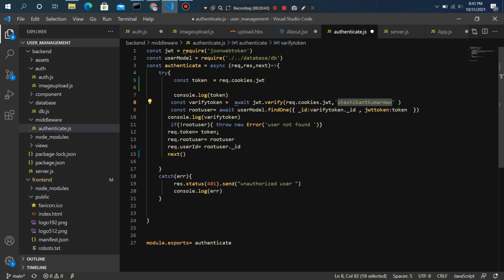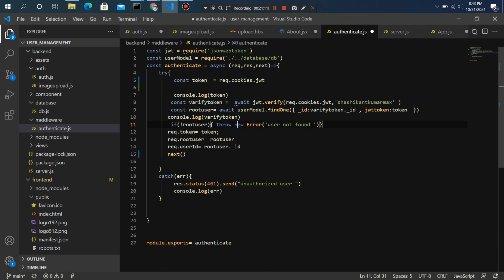If it verifies your token, after that we are finding all the data of that particular person using that verified token, because in that JWT token your ID will also be there. In this way we are finding that particular user's data.